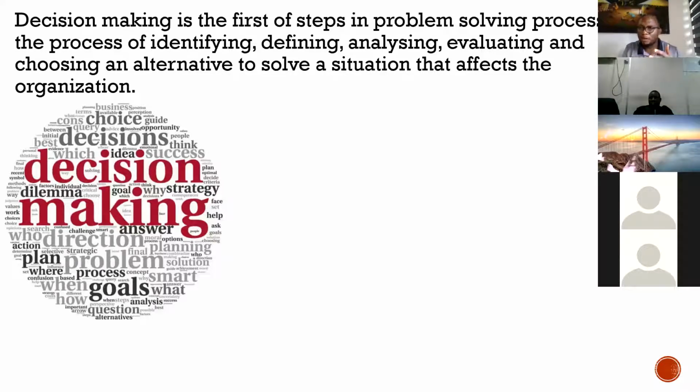Option A, option B, option C, option D. And what are they? Option A is this, option B is that, option C is a combination of A and B, option D is a combination of B and D. So you look at them like that. That is what identifying means. You must identify your alternatives, your options. Once you identify them and put them in a different box each, then you define them.